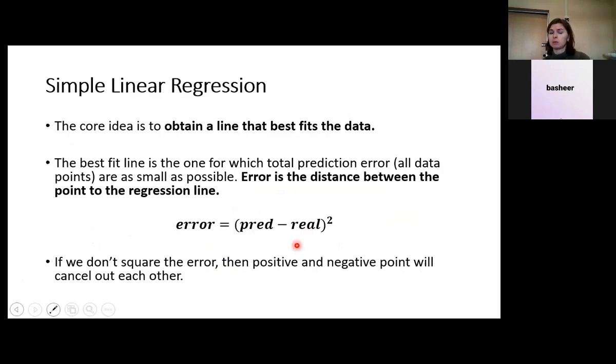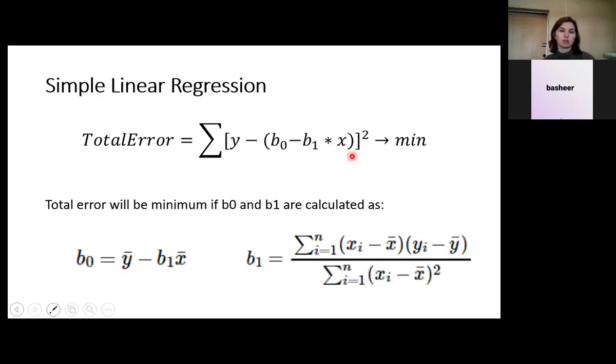We calculate the error squared because we want to remove the sign from the error. It will every time be positive. So you may subtract the prediction from the real value or the real from the prediction value. It actually doesn't matter for the results. It is just so the errors do not negate each other. So you will have all errors positive. And the total error